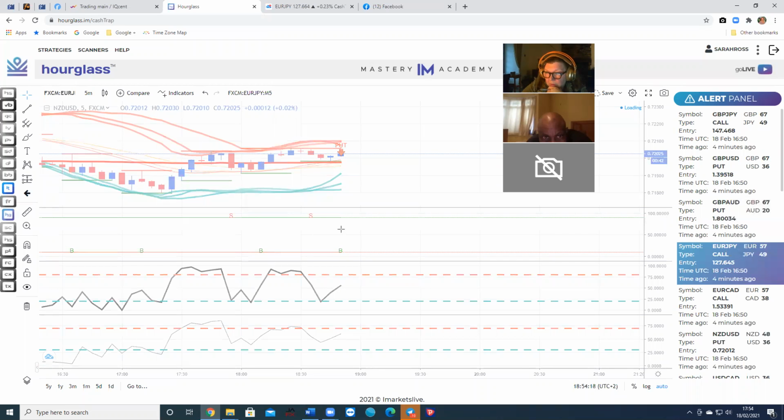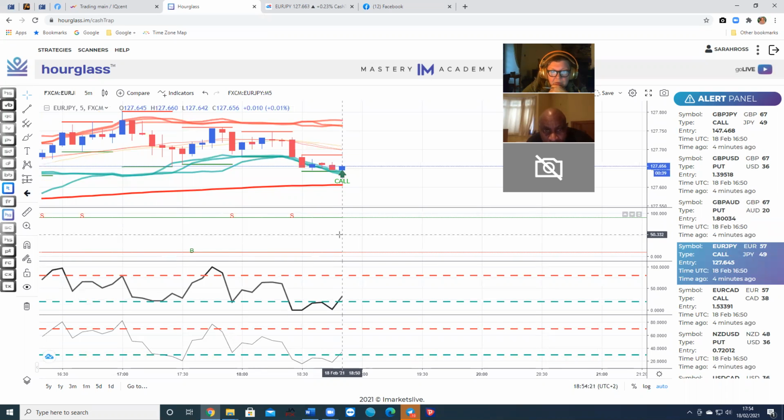It says call, euro is stronger than the Japanese yen. It's just about to turn round again. We've got the moving average in our favor. We've got the green arrow. So if it tells us this again, we might want to take a